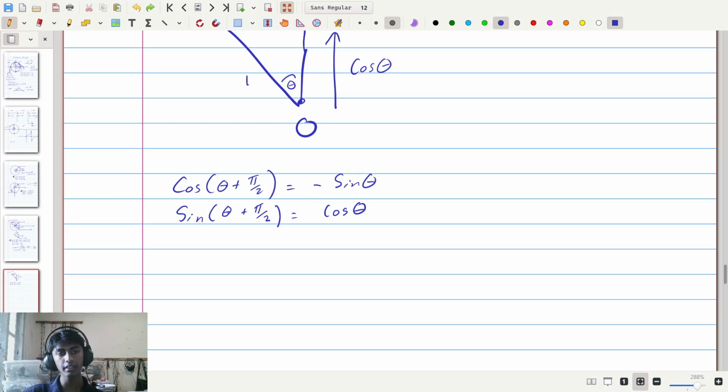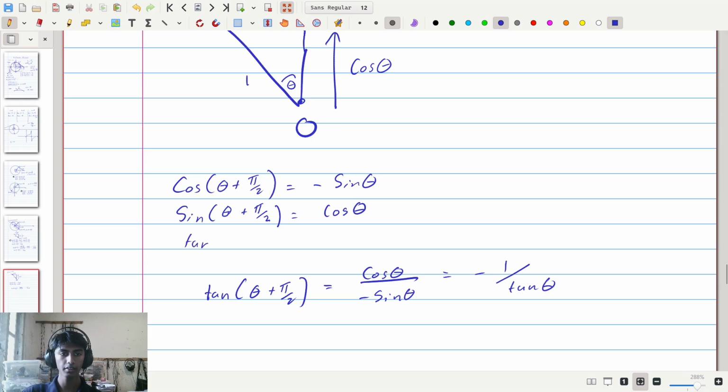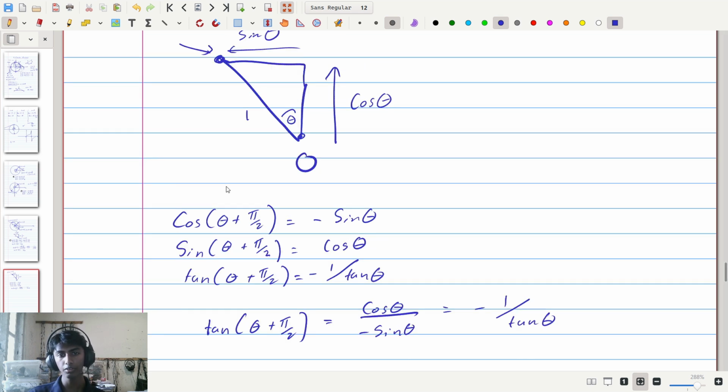Now if we consider tan theta in this case, I will not do the same scratch work here. I'll just say tan theta plus pi by 2 is equal to sine theta plus pi by 2 divided by cos theta plus pi by 2, which is cos theta divided by negative sine theta, which is again equal to negative 1 over tan theta. So again we have that tan theta plus pi by 2 is equal to negative 1 over tan theta,